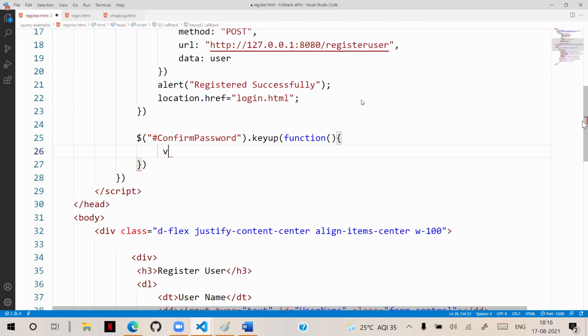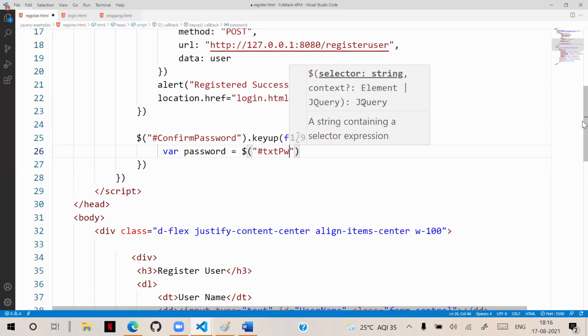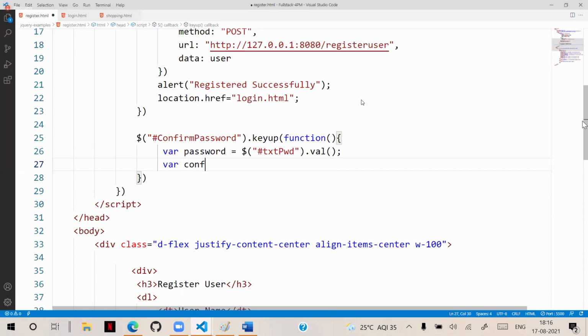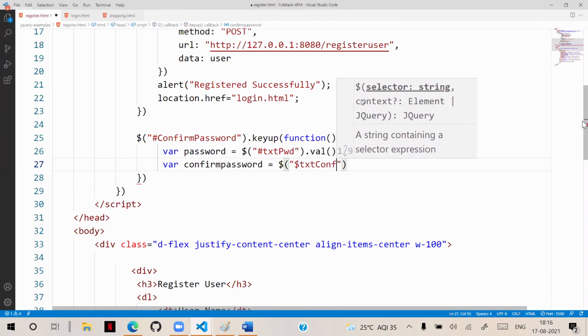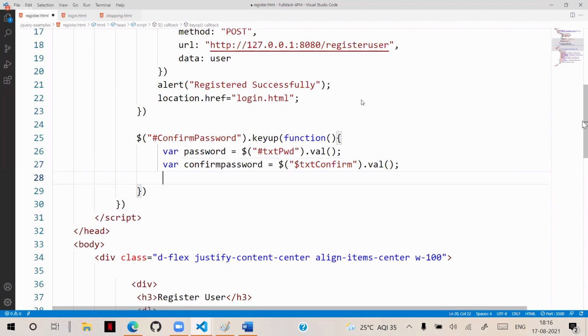First, you can collect the values. One value is password, which we can get from hash txt pwd dot value, and confirm password comes from hash txt confirm dot value. We need to verify both of them.